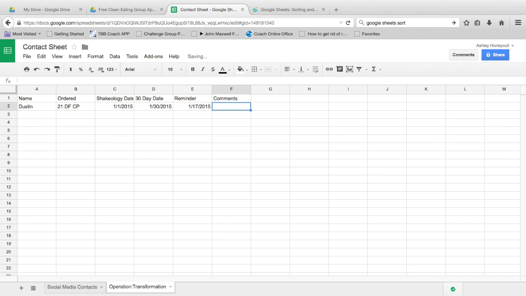And then comments, we're going to say follow up on 1/17 to see if he wants the coach upgrade. So we try to do this with everybody. As soon as I get somebody's order, I'll go ahead and put all this information in, and that keeps us from forgetting about somebody, or forgetting to tell somebody that they can upgrade so that they can save that $40